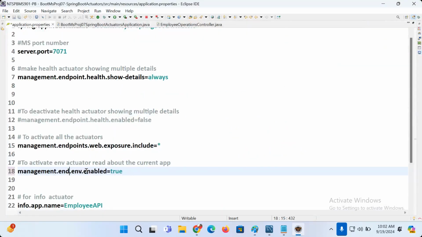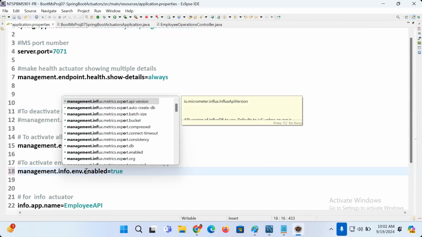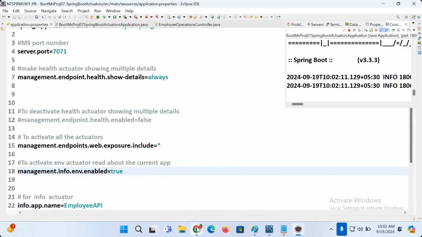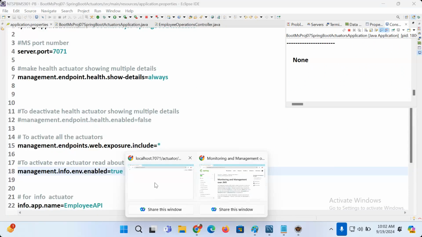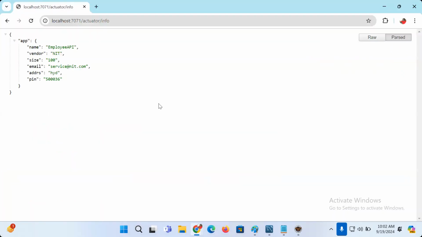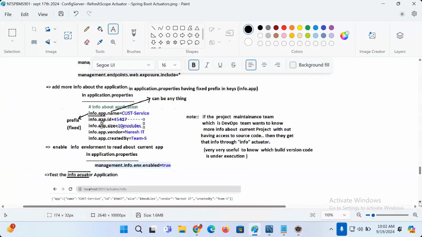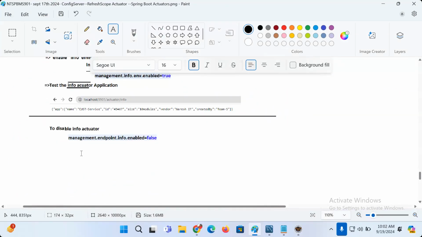Somewhere something is there related to info that we have to keep. Yeah, now we are getting the information. App name, employee API, whatever information we have given, that information is coming over there. To disable info actuator, info dot enabled is equal to